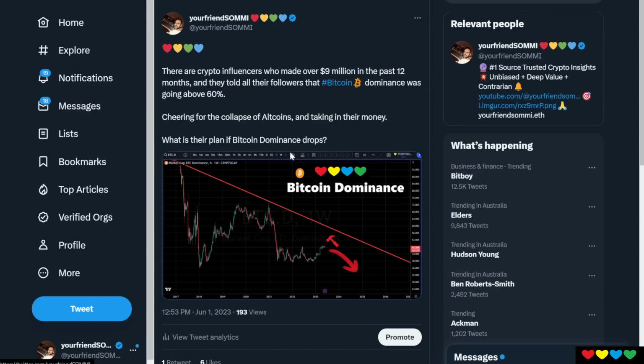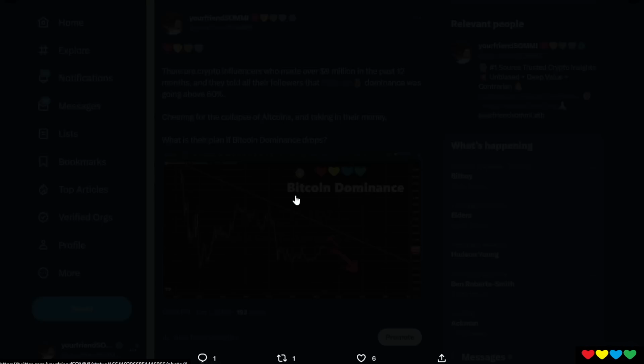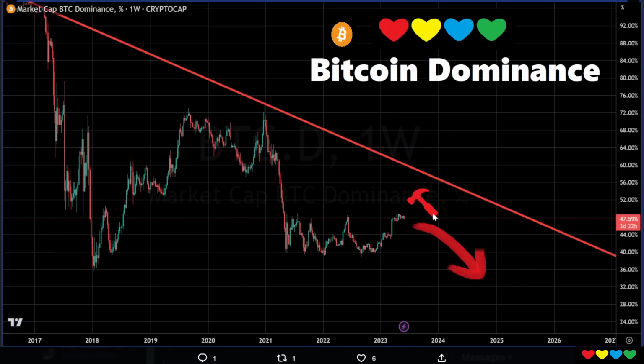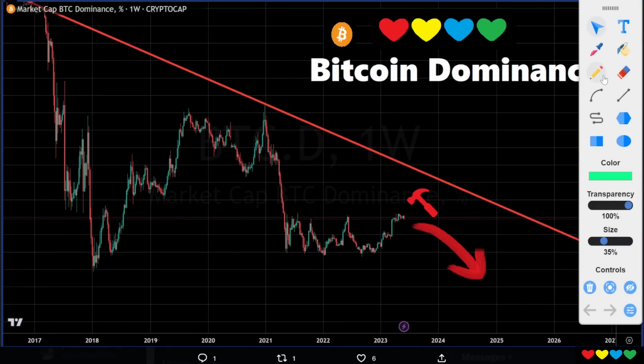So the Bitcoin dominance is a very important chart. Many people don't pay attention to it, but you can get a lot of clues as to where the big picture of macro is going for crypto. You don't need to look at it every day. You just have to look at the obvious. What does this look like to you? Does this look like something that's been going up or down over time? Clearly, the answer is anti-up, otherwise known as down.